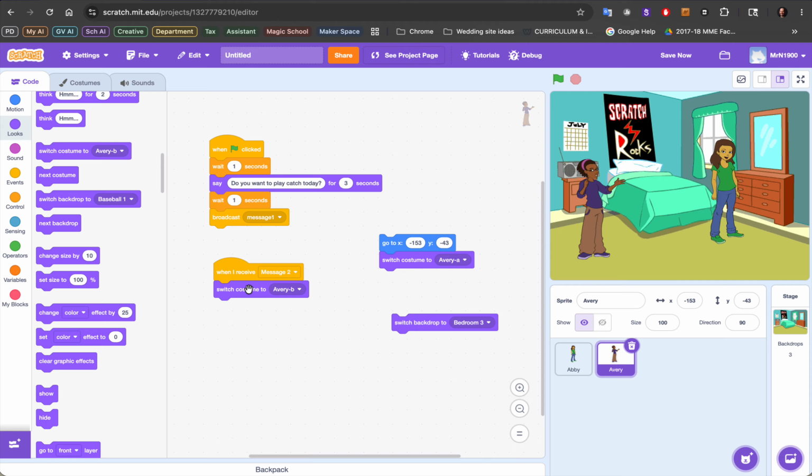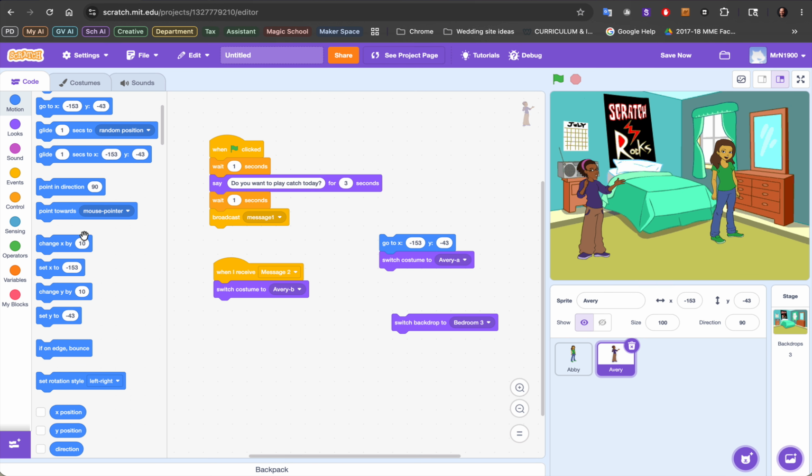So we're going to switch to costume B here, and after we do that, she's going to put her arms down. I guess if we wanted to do this here, we can start to